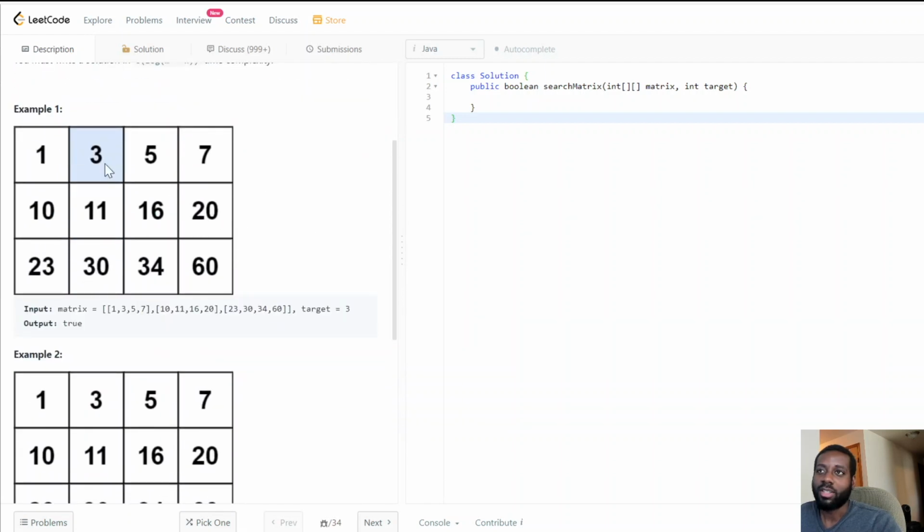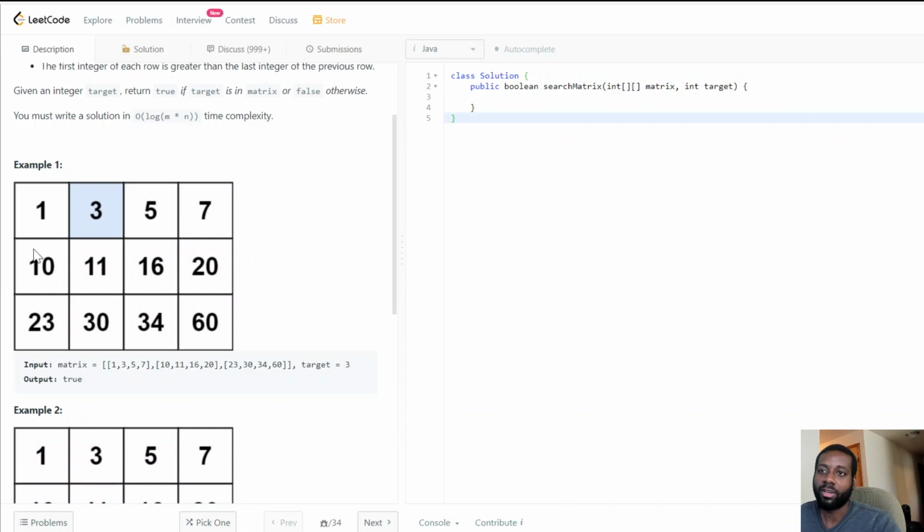Creating a 1D array of the elements would give us the elements in sorted order. That's why I said it would be beneficial if we could convert this into a 1D array, and once we get the elements in a sorted 1D array,